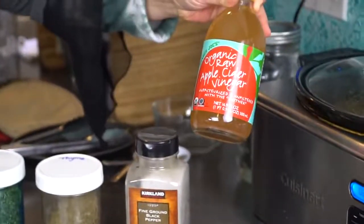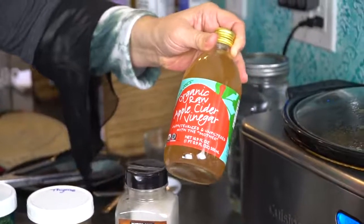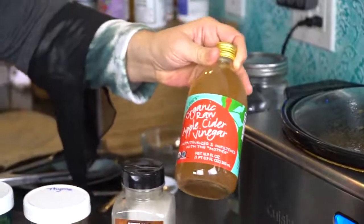And then we're going to need organic, unfiltered, raw apple cider vinegar. And I just use the good stuff for everything. I mean, I imagine you could just use standard vinegar, but I always try to stick with organic, especially when it doesn't make a difference in price, because this is just pennies to get that. So all of these are going to go into our bone broth. I'm going to move these over to the side